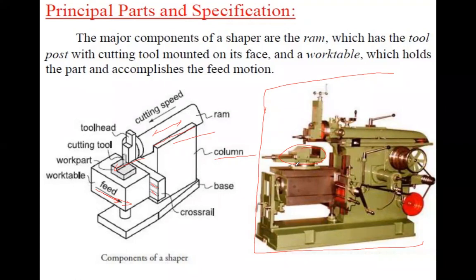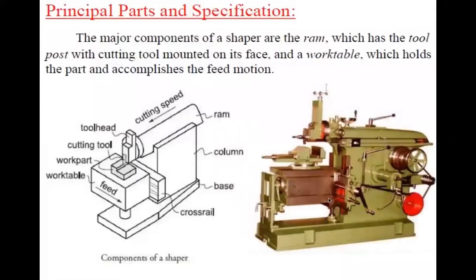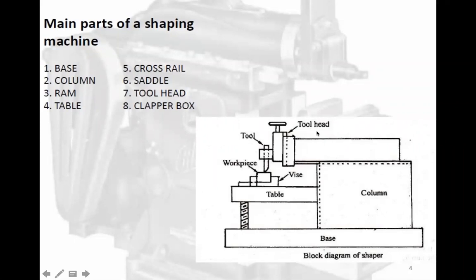This is the typical shaper. So if you take the main parts, the line diagram: actually this is a line diagram only, but this is the three-dimensional line diagram. But in the exam, if a question comes on the shaper for 5 marks or 10 marks, you had better draw this kind of diagram. This is the two-dimensional 2D line diagram. This kind of diagram you need to draw in your exam if a question is related to the shaper, right?